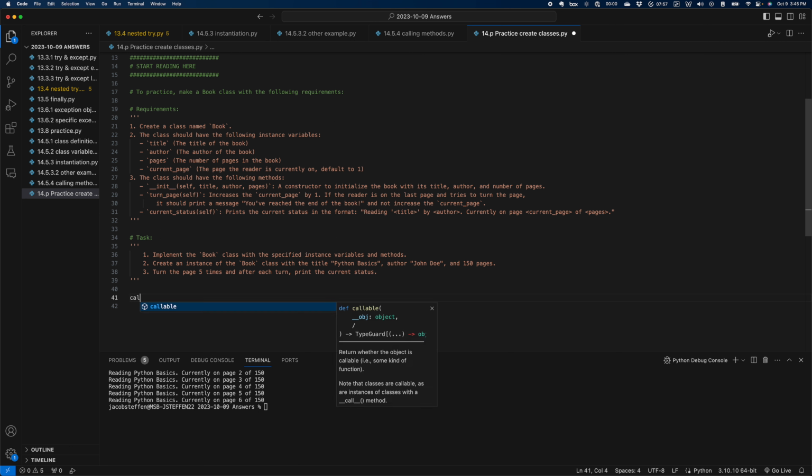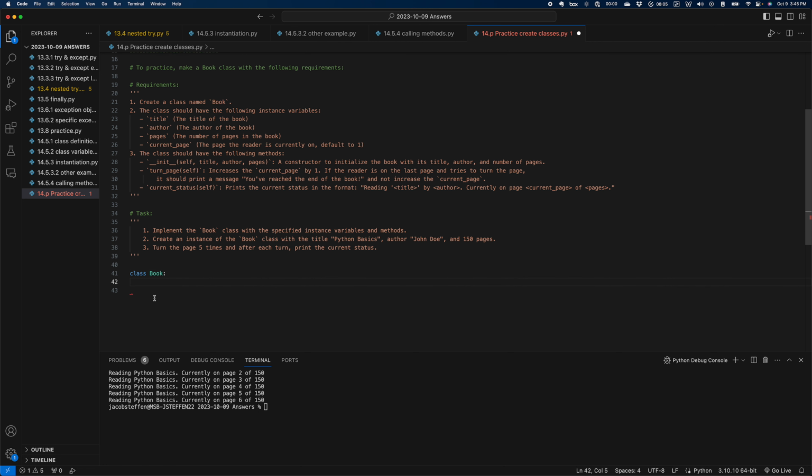So to do that, we're going to do class book, we do colon, then anything that's indented from here is part of the definition of it. If we want to do the constructor, we do init, which is 2 underscores, then init, then another one here. And like we talked about in class, you always want to start with self. That's just whatever object is being created. It's just a reference to that object. Then we're going to pass in title. Let's do author, pages, and then I think it says here just to pass in title, author, and number of